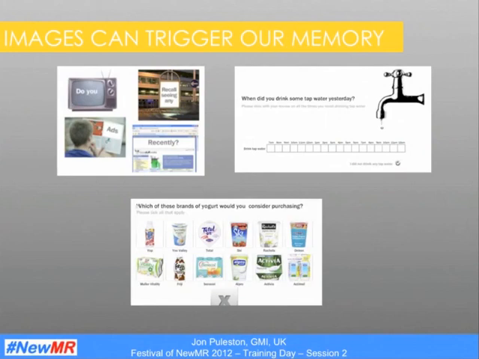It's also brilliant at encouraging people to mine their memories. For example, if I ask you to recall some advertising, and I show you prompts of the different advertising media, you'll give more feedback. The second example is, again, from one of our game experiments where we asked people to remember where they drank tap water yesterday, and just by showing a picture of a tap, it triggers more drinking instances being recorded. The use of imagery in brand usage, recall and brand awareness type questions can transform the feedback you get.